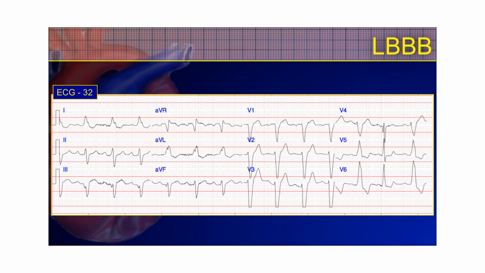So here we have a left bundle branch block, and let's go through the EKG. We have our limb leads on correctly, all the electrodes are on correctly. Looking at this, you first see a sinus rhythm, which means you have a P wave before every QRS complex. You may have a little bit of a delay there, a prolonged PR interval. And you'll also notice that your QRS complexes are negative in leads 2, 3, and aVF, and positive in lead 1, indicative of what we would call a pathological left axis deviation, which is indicative of a left anterior fascicular block. So you have that going on, but we know our QRS is wide,